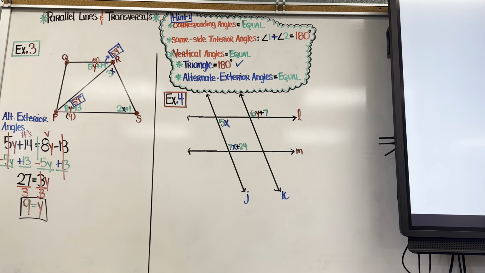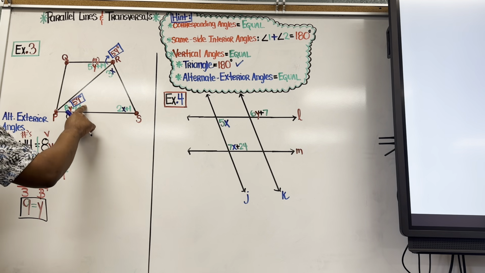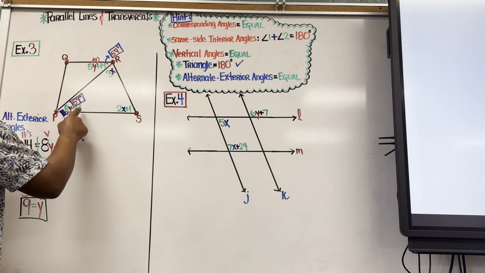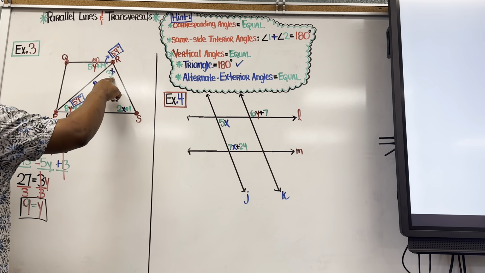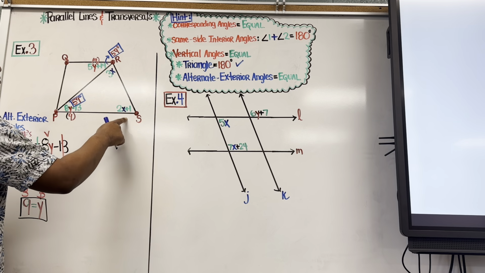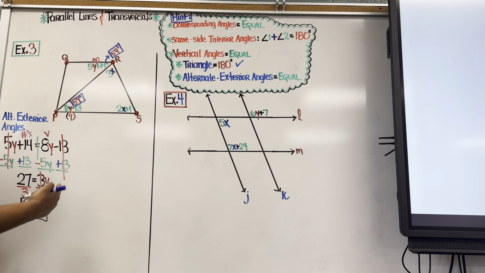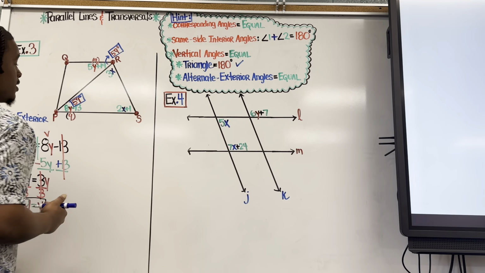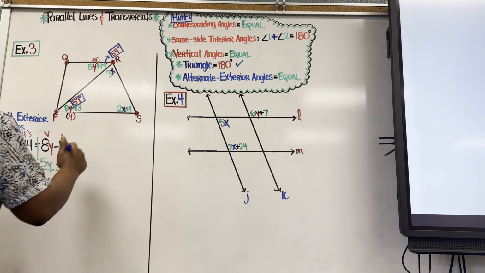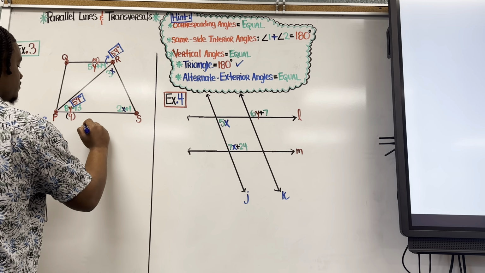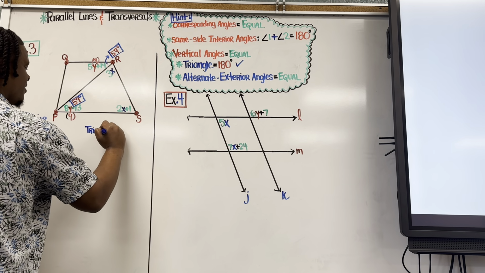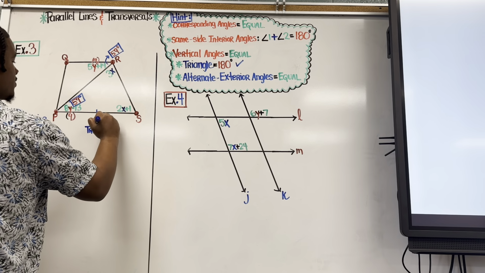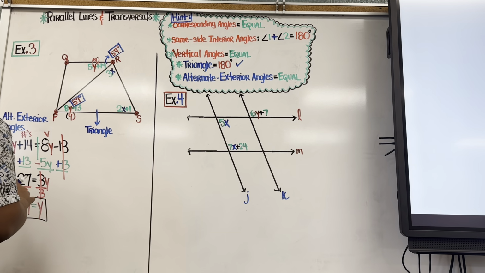Now, because we found out this angle, guys, which is 59 degrees, we can add 59 degrees to 3x plus 2x plus 1 and make it all equal to 180, because remember, guys, every triangle equals 180 degrees, okay? So now, let's go ahead and do that. So in this triangle right here at the bottom that I have, right, which is this one, okay? I'm going to have